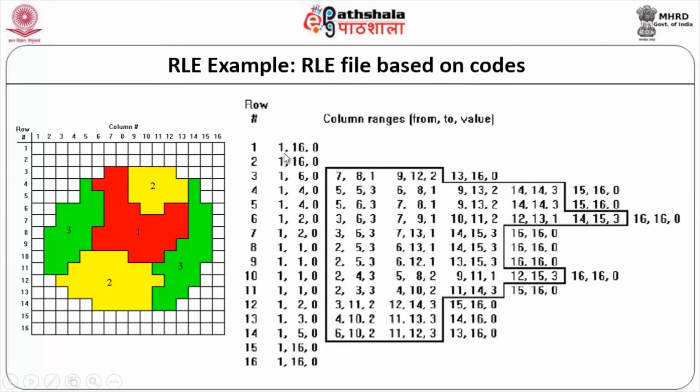You can see here 1 to 16 it is 0, second row 1 to 16 is 0, third row 1 to 6 is 0, 7 and 8 is 1, 9 to 12 is 2, 13 to 16 is again 0 and so on and so forth. Here the small drawback is that even if you have just 2 cells here, you will have to mention them, because you cannot have 7 to 8 as a single value, whereas 9 to 12, 13 to 16, even if it is more than 2 you can say 6 to 8. So, a little redundancy will be there, but still it is very effective.